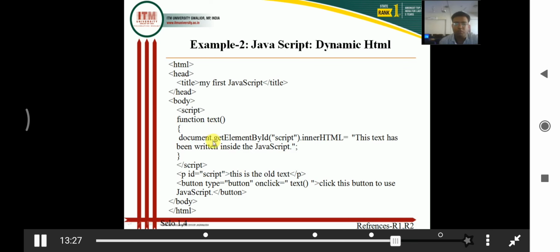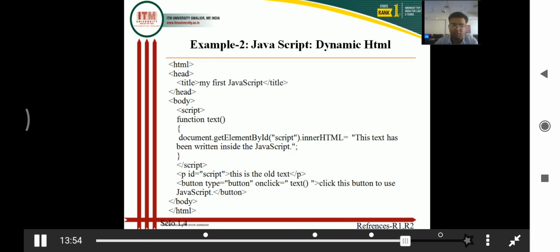Okay, come to the downside. The script tag is closing here. In the plain HTML, I have written a paragraph tag P with the ID script, and some text like, this is the old text. We want that when the user clicks on a button, this text is replaced by new text.